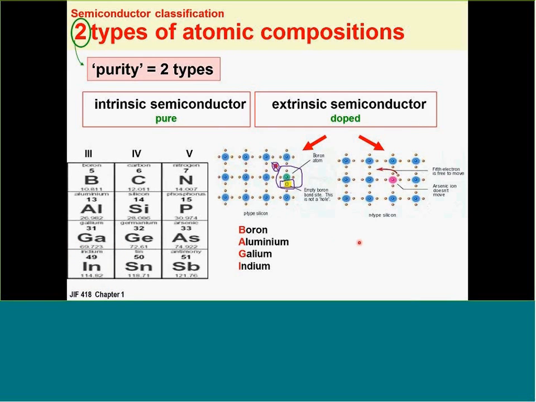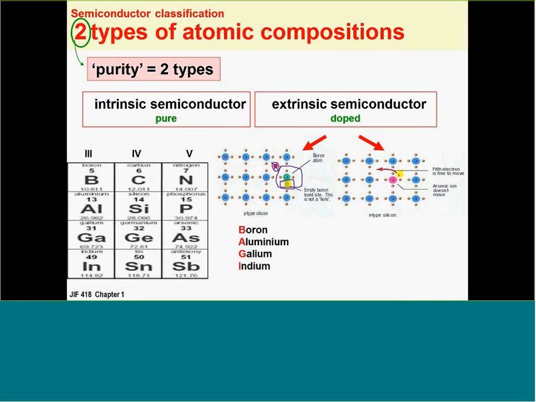Okay, now, what about N-type? So what element should we add? What element should replace your silicon atom? For P-type, we doped with a group 3 dopant. So if you would like to have an extra electron, this extra electron,